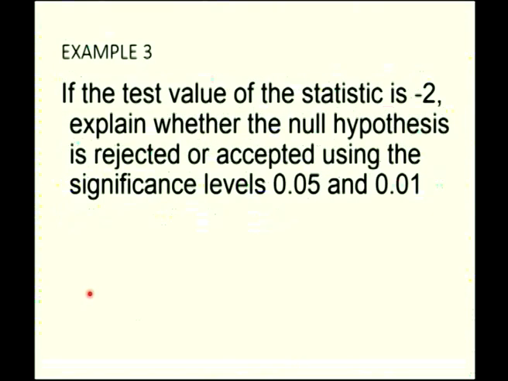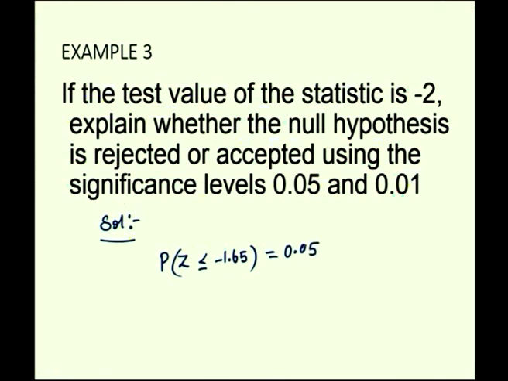Now we shall work out this example, after working out two examples in the critical region part. This is the third example, which says that if the test value of the statistic is -2, explain whether the null hypothesis is rejected or accepted using the significance levels 0.05 and 0.01. The solution says that we know from the previous example 1 that P of Z less than or equal to minus 1.65 is equal to